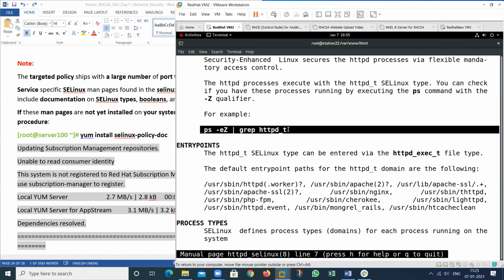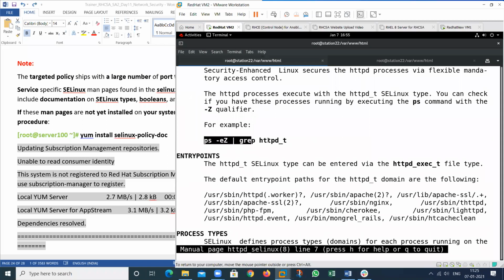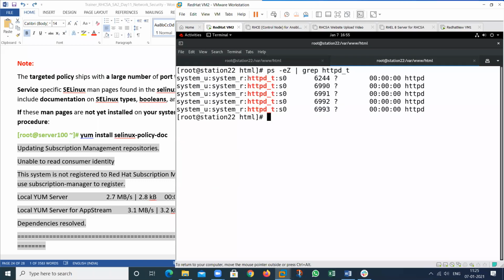See, if I use this, here is your HTTP service. This is the SE Linux port labeling, for which particular process? I have run a lot of processes in my system. See, systemctl status httpd.